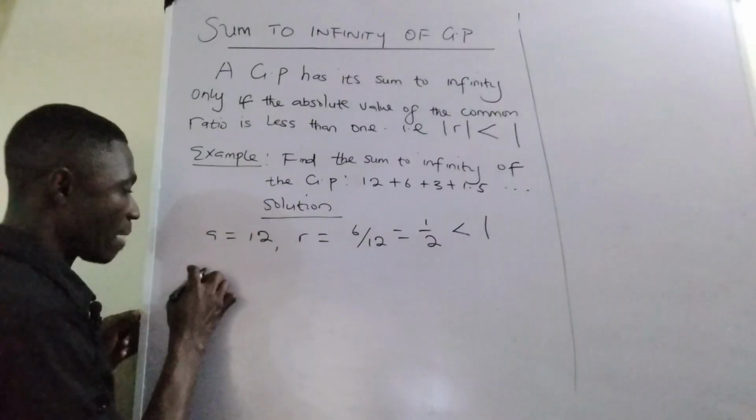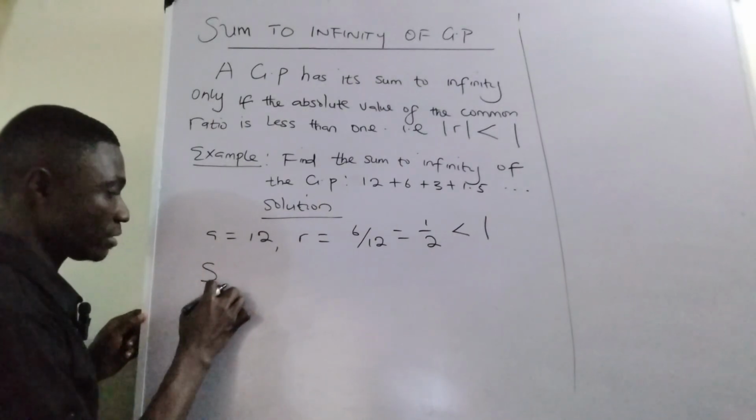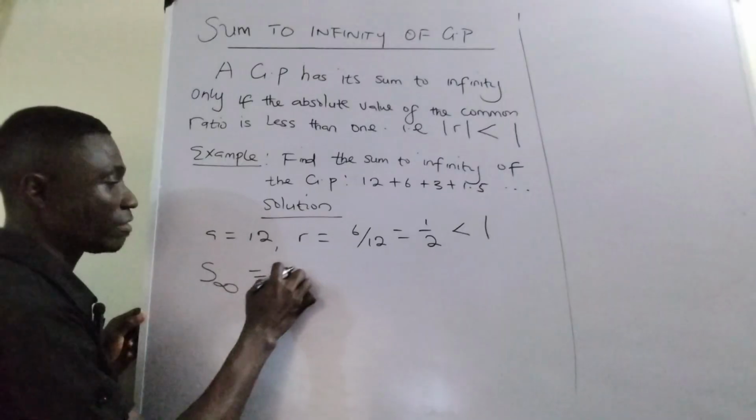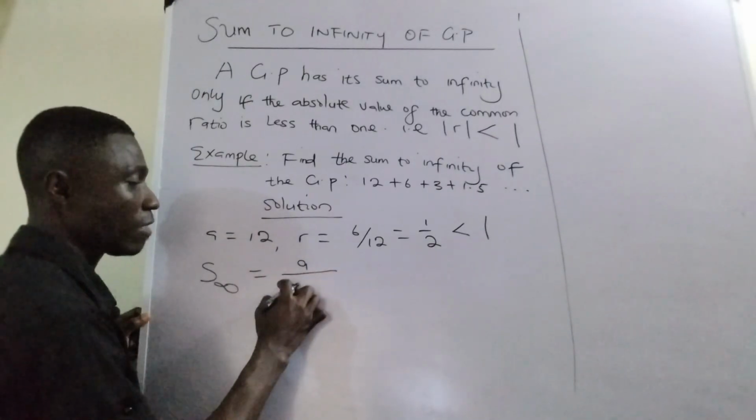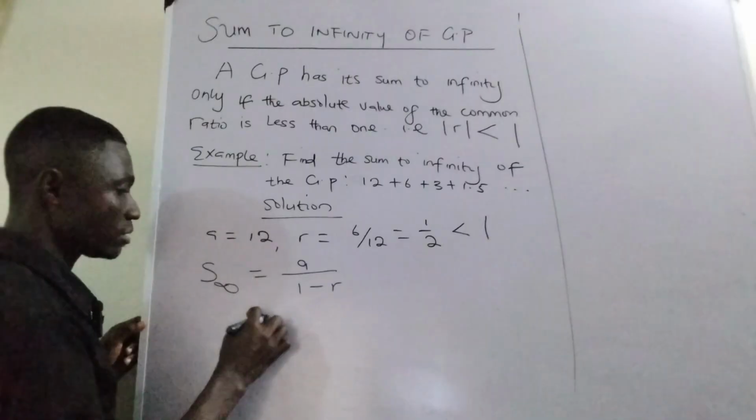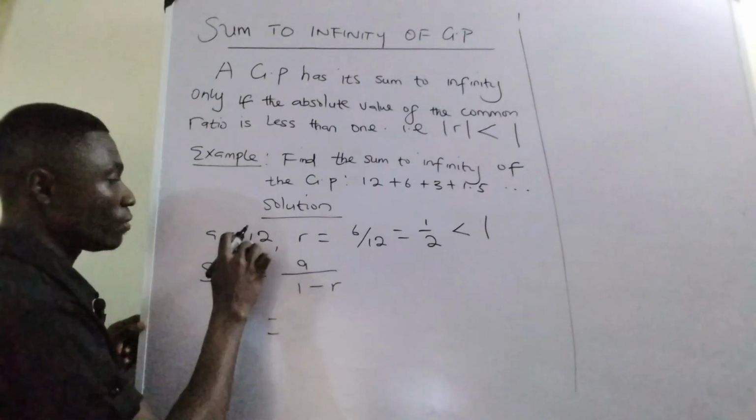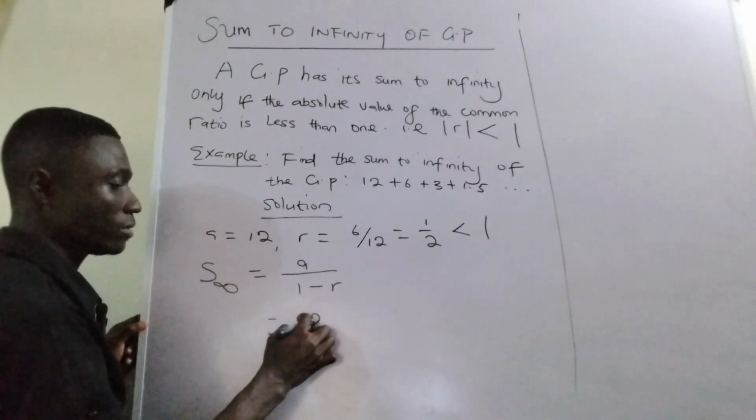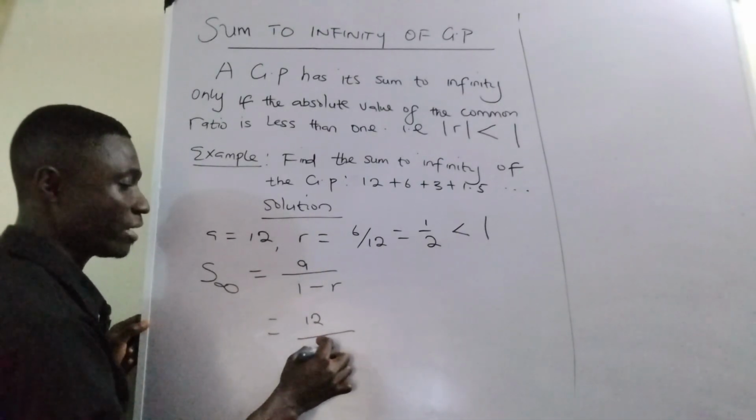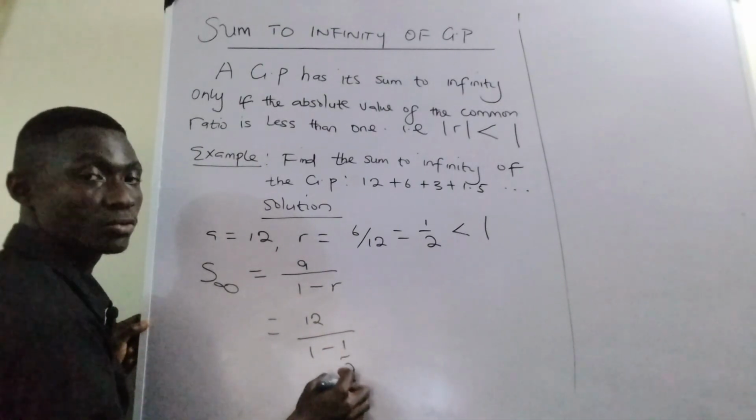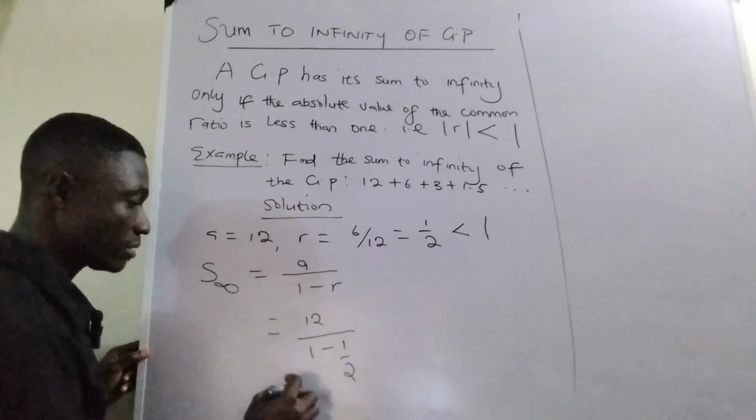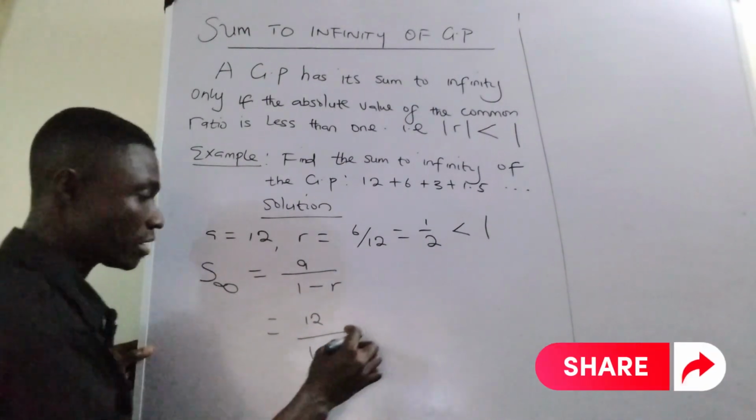Now we'll apply the formula and it's given as this. This side means infinity. Sum to infinity is given as A all over 1 minus R. That's the formula. So we'll just get that done. Where we see A, we drop our 12 all over 1 minus 1 over 2. So let's treat that and see what we'll get. That will mean the same thing as